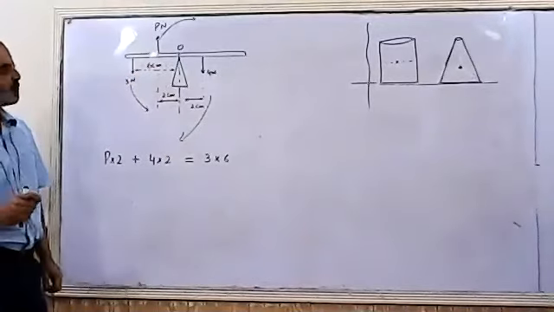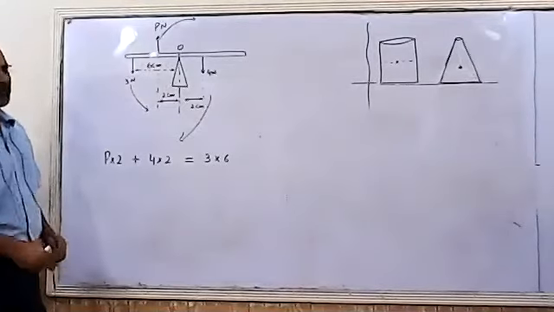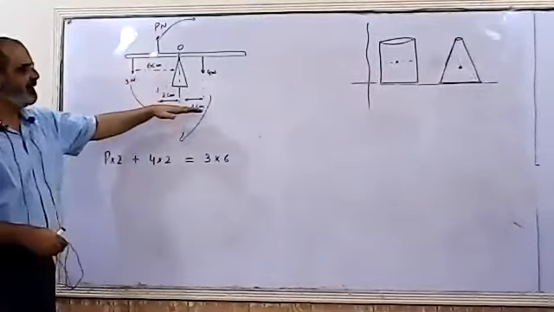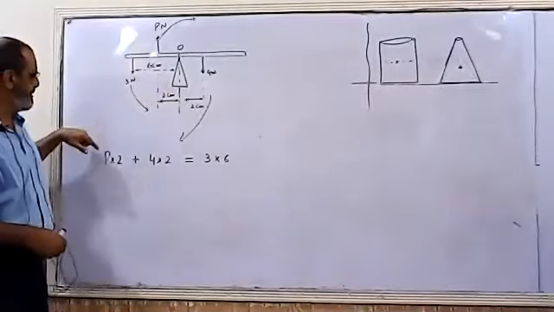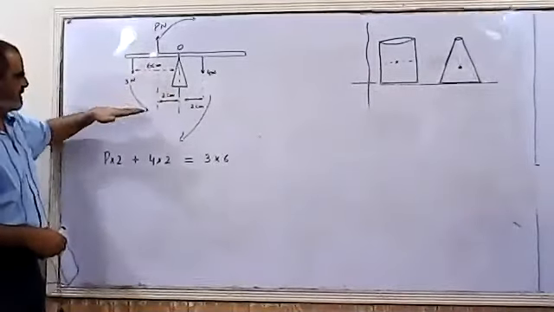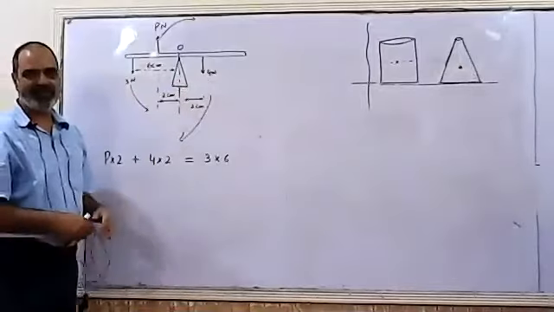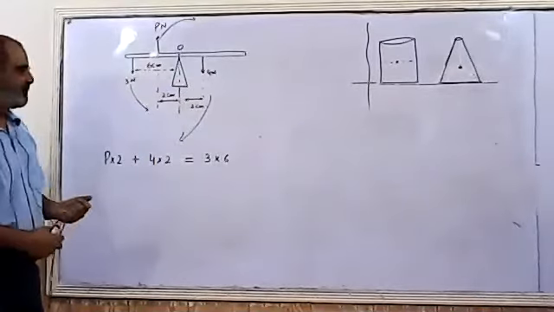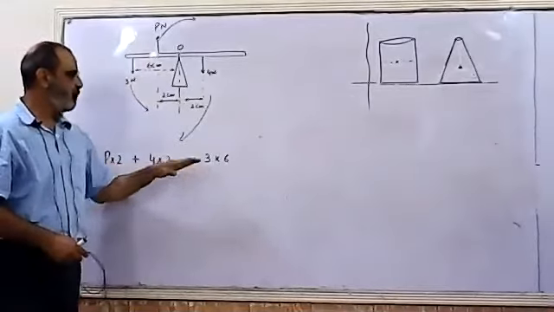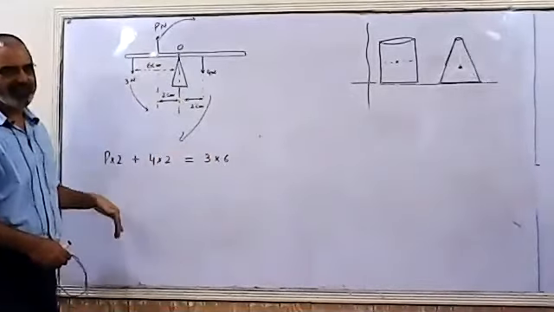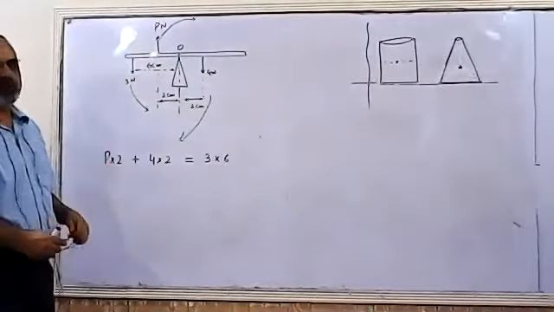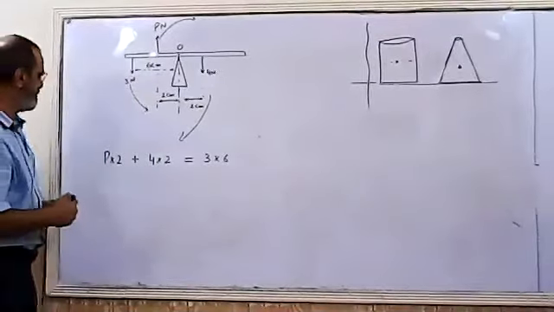Normally we are supposed to use the standard units. The length should be in meters. Force should be in newtons. The force is already in newtons, but the length is in centimeters. We are supposed to convert them. But because it is an equation, if on both sides we are using the same unit, then it doesn't matter. Otherwise, we are supposed to change them into meters.